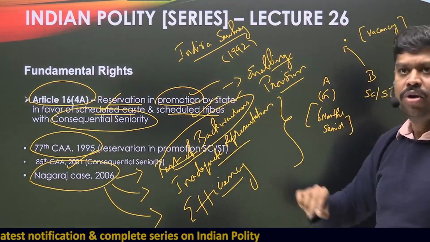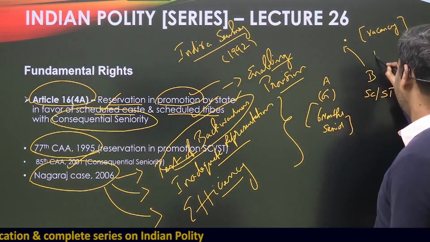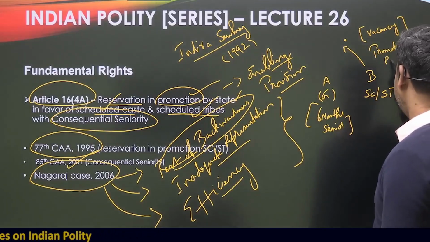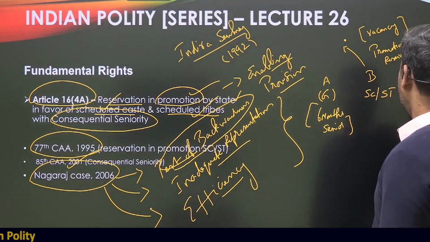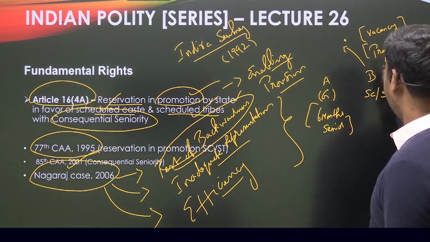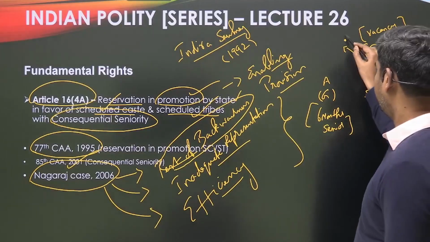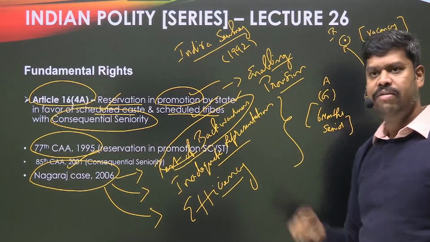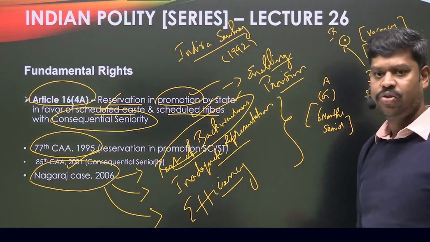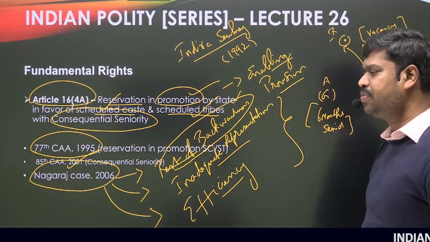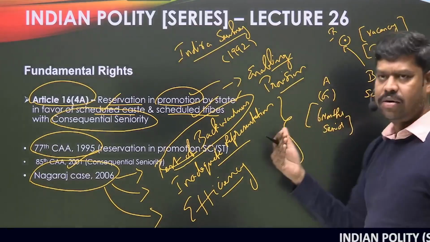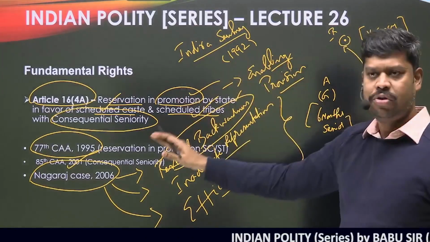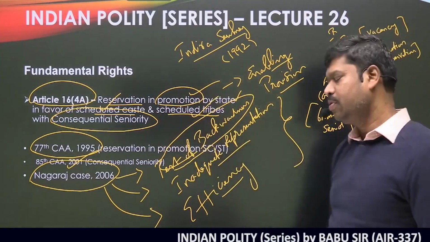B will get promoted because of the concept of reservation in promotions. So he is getting promoted because of the reservation. Now, although A joined before B, B is getting promoted because of reservation in promotion. Now when B goes to this particular position, B will become the senior of A. So this is because of the promotion. Now let us assume this is normally what will happen. I'll come to consequential seniority, but let me explain before that.